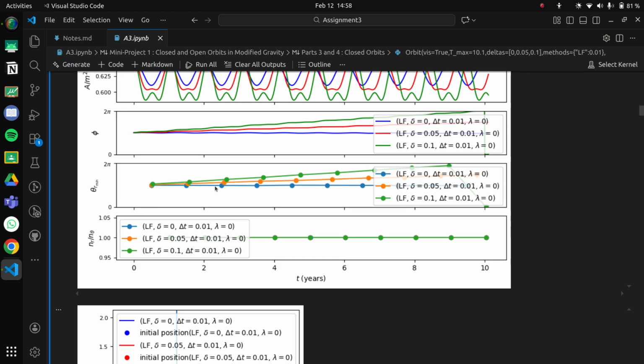So you'll see that for delta equal to 0, there's no precession. This thing doesn't change with revolutions. But for some other cases, which by the way are not periodic, with every revolution in terms of theta, your theta r minimum actually changes. So now the minimum distance isn't achieved at theta equal to 0, it's at some slightly different value, and it keeps on going. So for delta equal to 0.1, which is a very large deviation from the inverse square law, you'll see that it goes all the way to 2 pi, which is messed up, but it is what